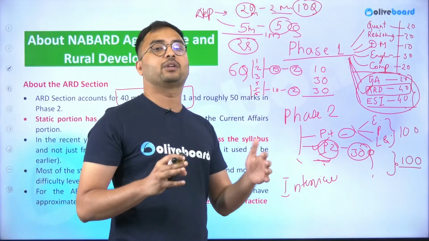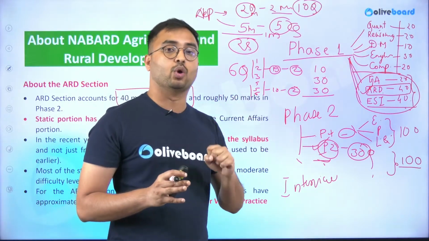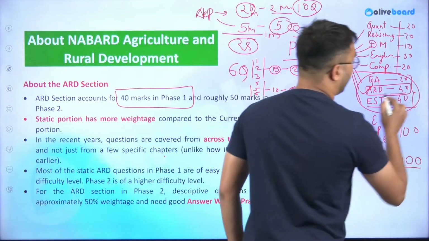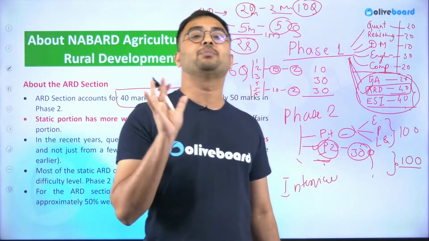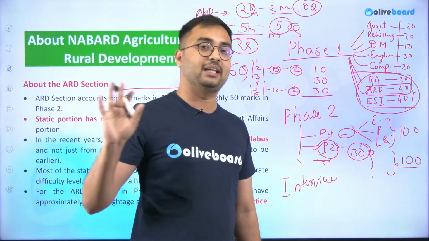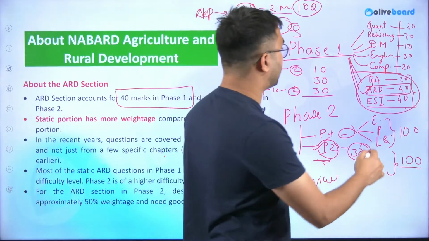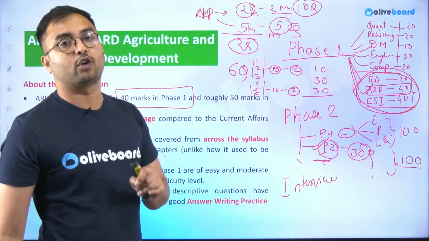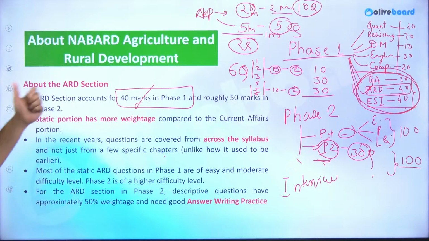If you have covered 6 to 8 months of current affairs, it is also a big task to revise that. So how can you be 100% sure that you will clear phase 1 without any hesitation? The only solution is that the ARD 40 questions are completely static in nature. Only 5 questions maximum will come from current affairs or dynamic topics related to a ministry or any government scheme of the Ministry of Agriculture. But the remaining 35 questions, which can actually help you clear the overall cutoff in NABARD phase 1, come directly from the low hanging fruits of the ARD section.